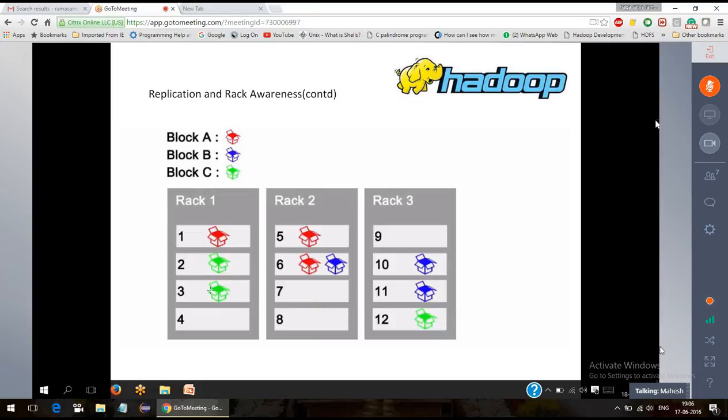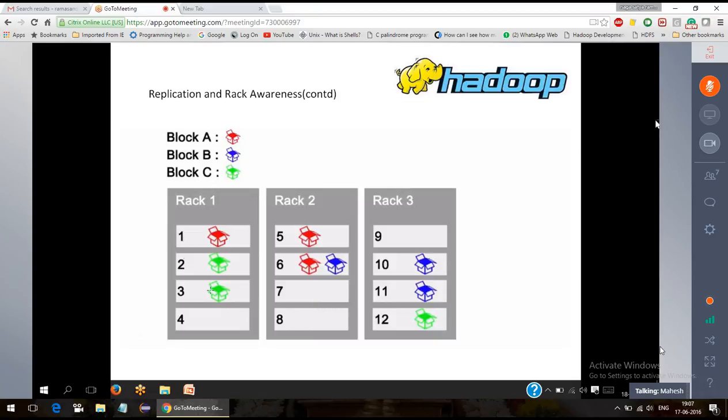And then the other two racks are automatically or randomly decided by the process called rack awareness itself. Okay? So my suggestion, yes, buddy. Yes, Hemant, go on. No, so my suggestion would be,